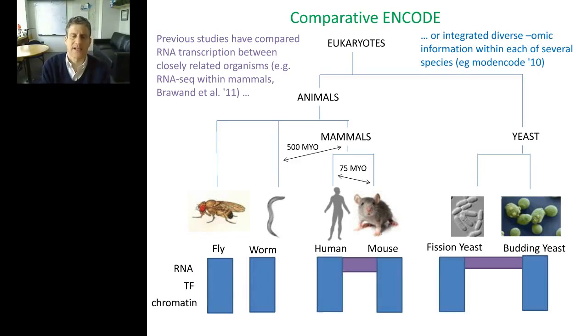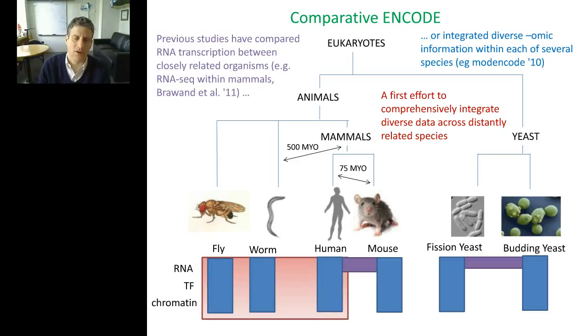Or moving on to the next slide, they've looked at more integrated types of things, putting many different types of functional data together for an individual organism. Now, this, of course, was previously done by ENCODE for human, also fly and worm. People have done this for yeast independently. They've also done it for mouse. And what I'm going to endeavor to talk a little bit about today is to do both very distant comparisons between, say, human, worm, and fly, but also to do those comparisons in an integrated way, looking at many of the different types of functional readouts, the transcriptome, the regulomes, looking at the binding data and the